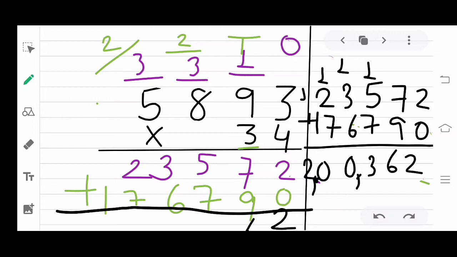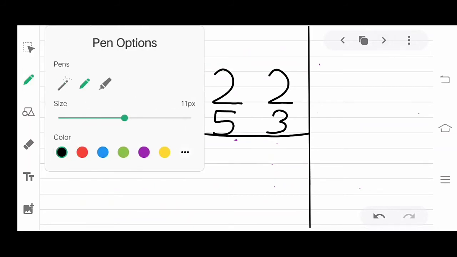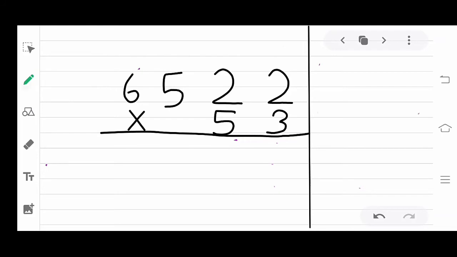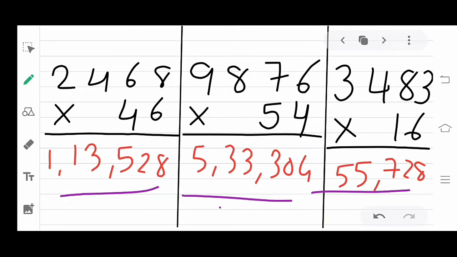And now the next sum is a practice sum, and this sum you have to practice at your home. See students, you have to practice this sum at your home with the same process and the same steps. I know you are practicing very well at home, and I am going to show you the final answer of this sum. So students, with the same steps, you have to try this sum at your home, and this sum also, practice at your home. Please note down these sums in your notebook and practice at home.